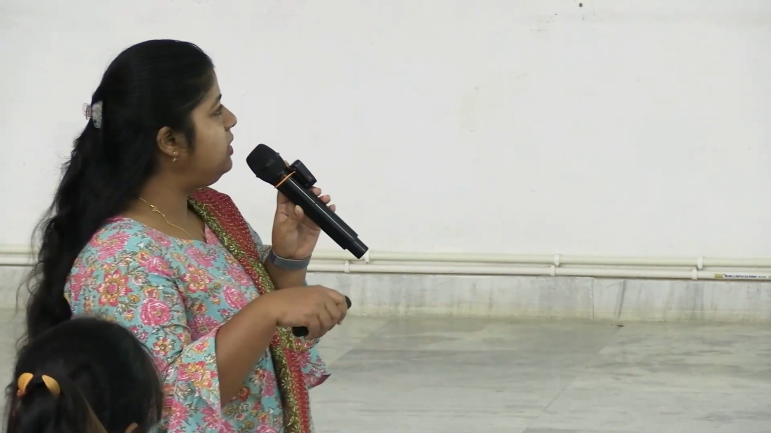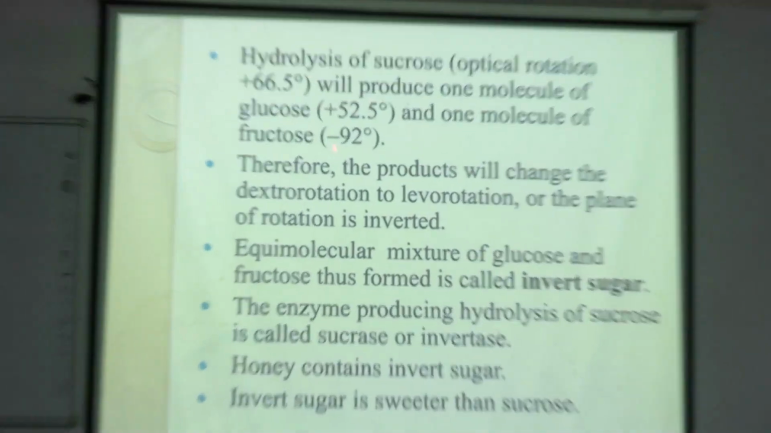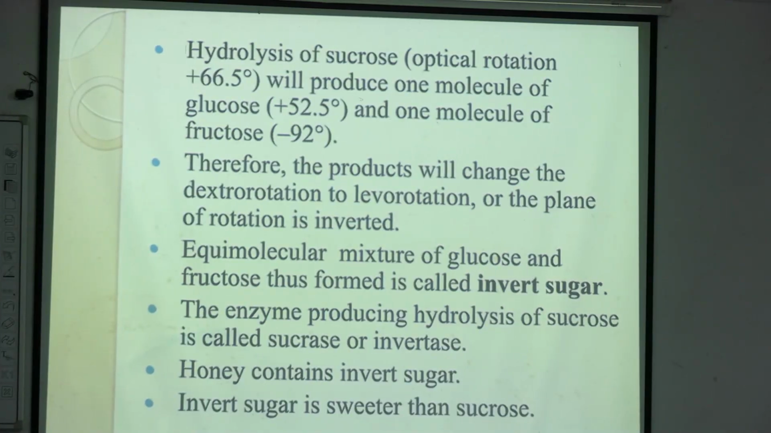Now after hydrolysis the resultant rotation will be negative. Which one is larger? 92. So the overall net rotation will come to the left hand side. This change, inversion, is known as, or makes the sucrose solution, invert sugar. The term invert sugar comes from the property of inversion of rotation of the optical plane from dextrorotatory to levorotatory,